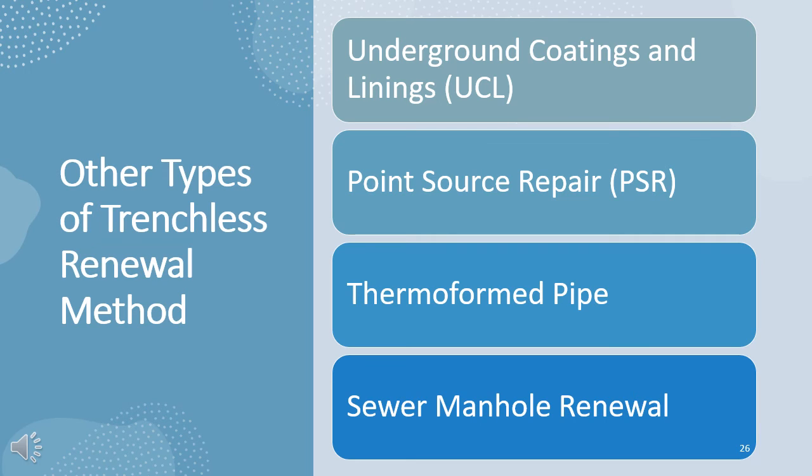Point source repairs method is the most appropriate for local defects found in structurally active pipelines. Here, defects must be within a diameter of 4 inches to 12 inches in order to be resolved by resin sprayed using a specialized machine. The next one is thermoformed pipe, which is mainly used in pipelines with very small cross sections, whereby a new pipe is folded and inserted into existing pipe, then thermoformed to develop the required dimension of the host pipe. And then finally is the sewer manhole renewal, whereby